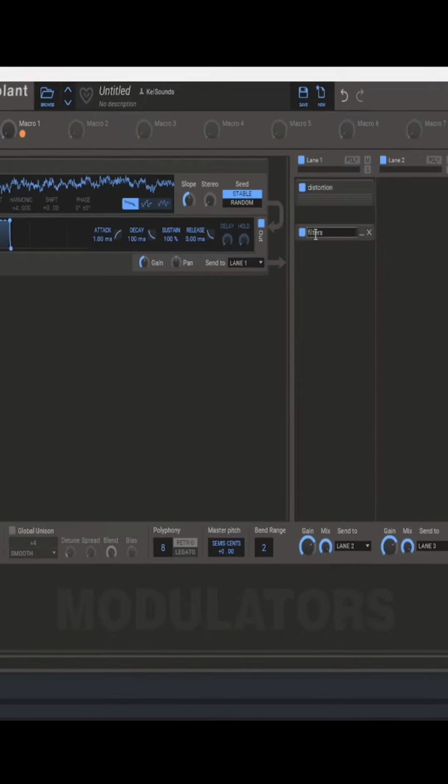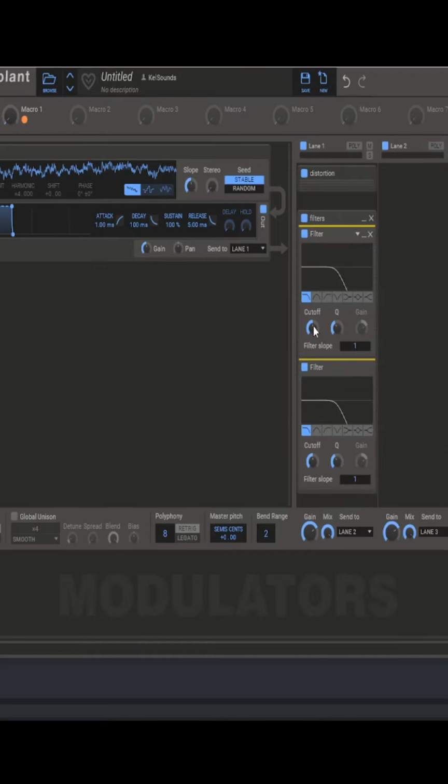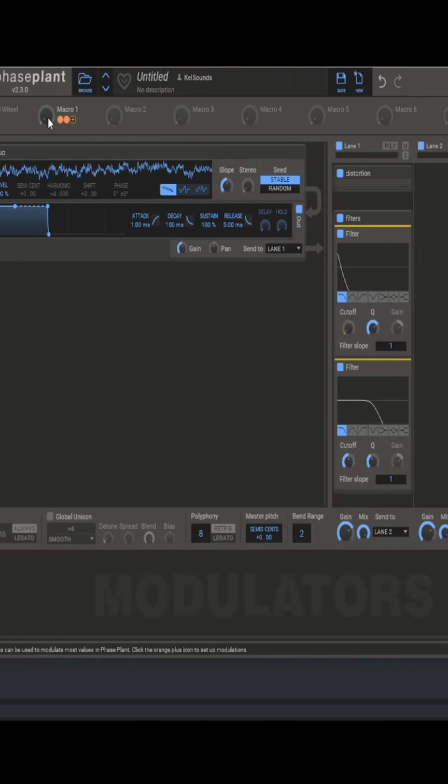Add a new group and rename it filters, then add 2 filter snap-ins. Okay, so for the first filter, I'm going to want to turn the cutoff all the way down, right click on the cue and hit 3. Then I'm going to automate the filter cutoff all the way to 100%, and so it'll make this kind of